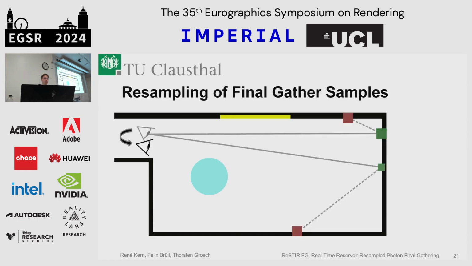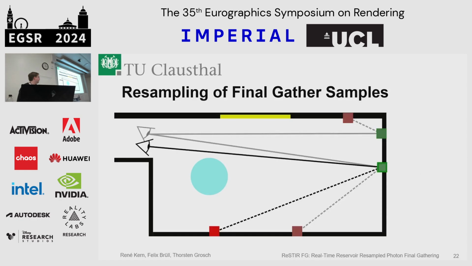Now we move the camera and distribute a new sample, which coincidentally lies at the bottom of the old path, or at the reprojected point of the old path. We generate a new reservoir by distributing a new final gather sample and also collect the photons at the sample. And then we basically use ReSTIR or RIS to select one of these samples. Also, we need to apply a reconnection shift to accommodate for the changed generation PDFs,